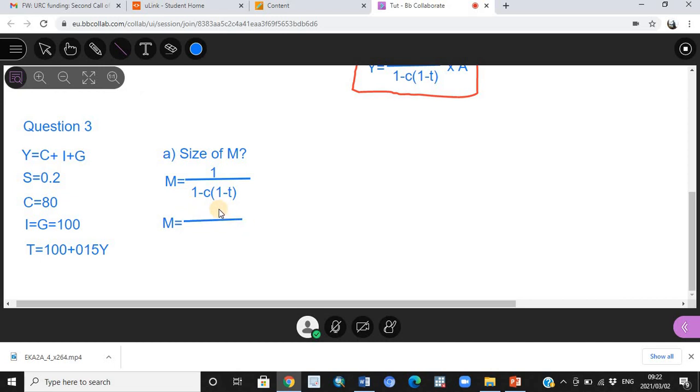Okay, so this is going to be 1, okay, dividing 1 minus, okay, here we've got a problem. What is the problem, first of all, is that here we have C part in our multiplier, but we are given S. This is the marginal propensity to save. We know from now that